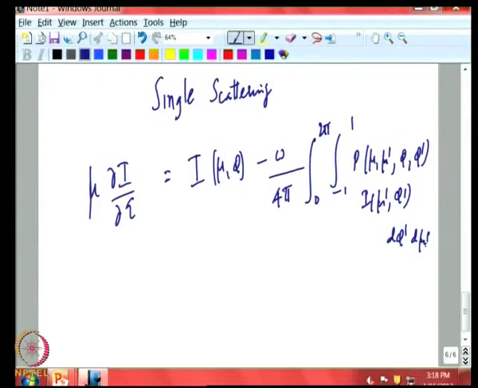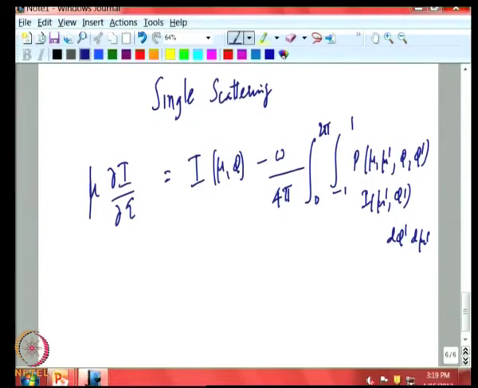So, what you see here is that the second term here depends very much upon the direction of I u prime phi prime. Suppose we assume that emission of the gas is small and has no relevance, then this I u prime phi prime can only be the solar input, there is no other possibility. And in the case of solar input, we know that the scattering will depend upon the slant path length.